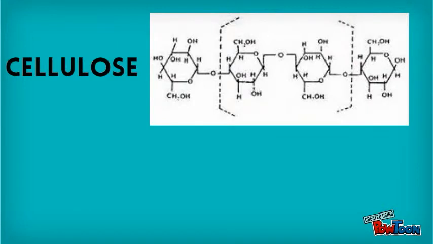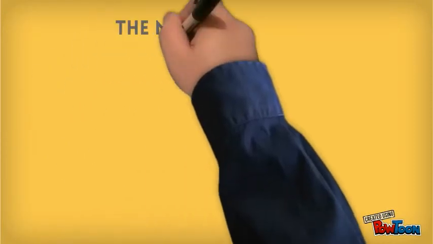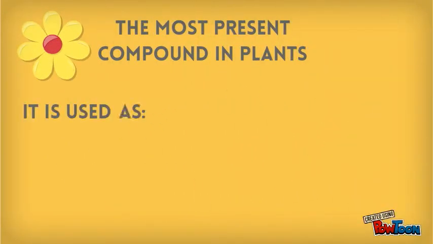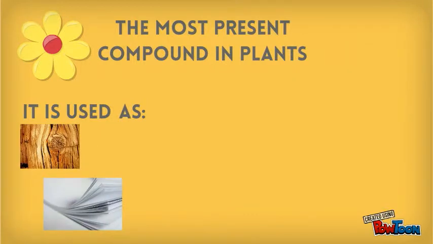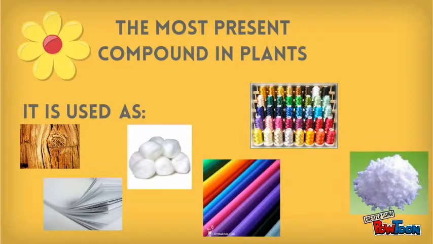Cellulose is a structural polymer. We cannot digest it, and it's a polysaccharide made from glucose as a monosaccharide. It is the most present compound in plants, and it is used as wood, paper, cotton, linen, rayon, nitrocellulose, and